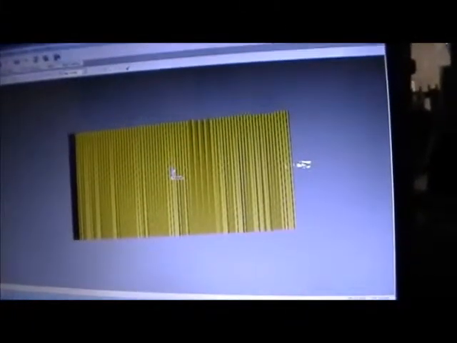So when we set the machine up, we have to set the tool tip exactly where this is when we write our software. This part is 5 millimeters thick, so we've got 2.5 millimeters above Z0, 2.5 millimeters below Z0, so when it cuts the top half,